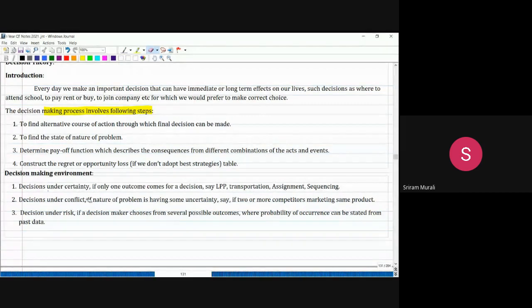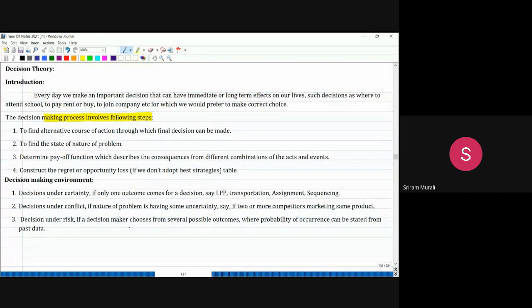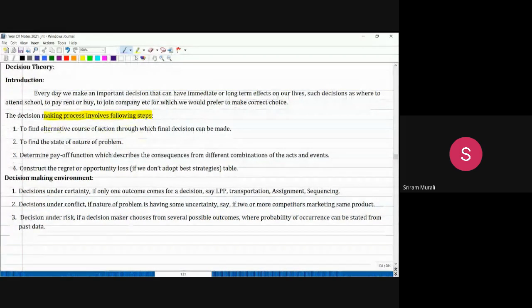Decision under conflict: if the nature of the problem has some uncertainty, if two or more competitors are marketing the same product, then we have to decide. Let me tell you, Airtel and Jio. In Airtel, what are they telling? In Airtel, they would say,